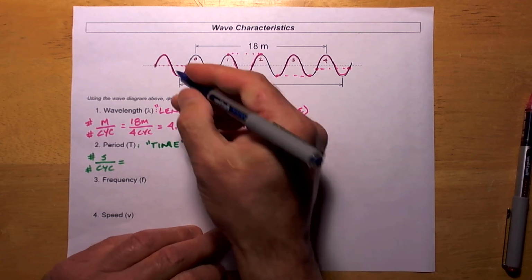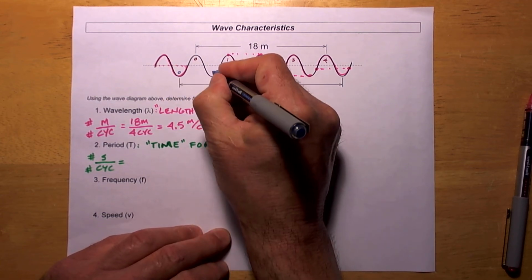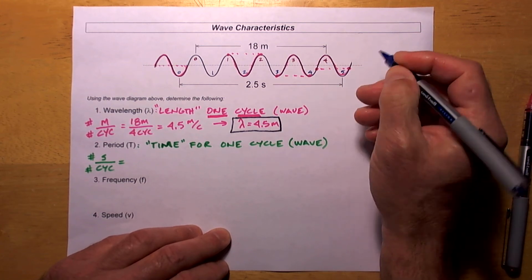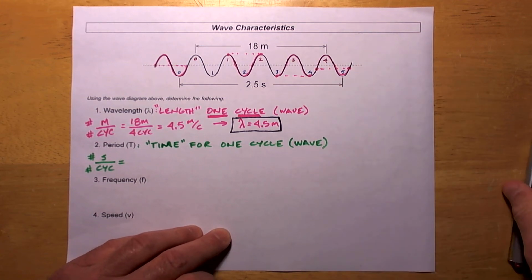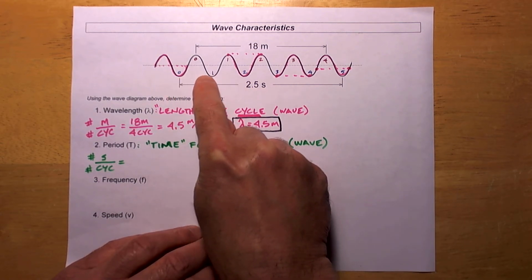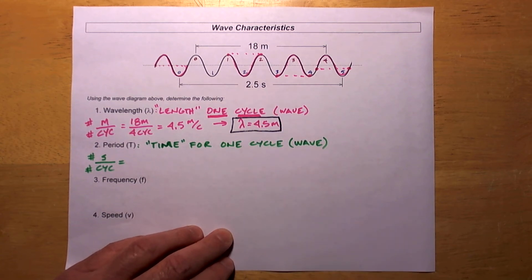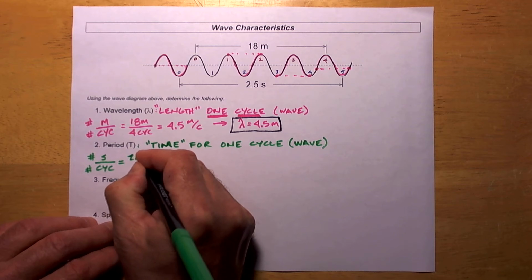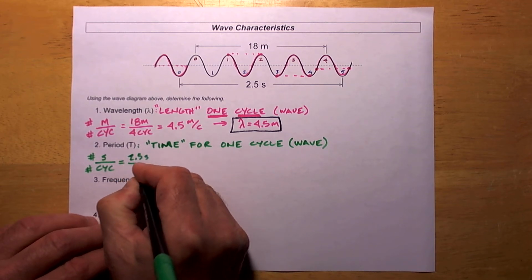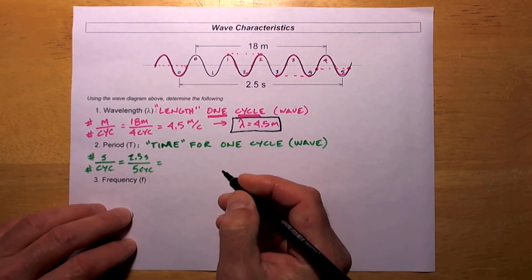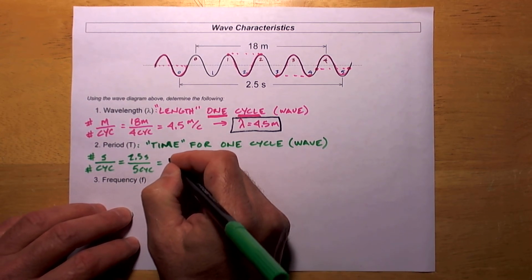label those cycles. Again, we'll start our number line at 0. 1, 2, 3, 4, 5 cycles. Now we have 5 cycles labeled, so we know that 2.5 seconds is the time to do 5 cycles. I'm pretty sure you can see where we're going with this. So if we plug in 2.5 seconds over 5 cycles, I'm going to end up with a measurement of period. The time for one cycle is going to be